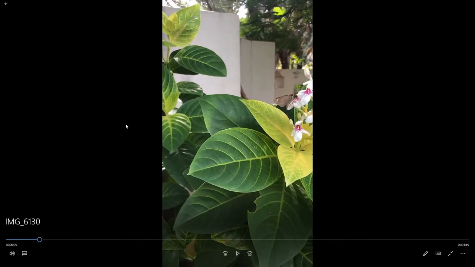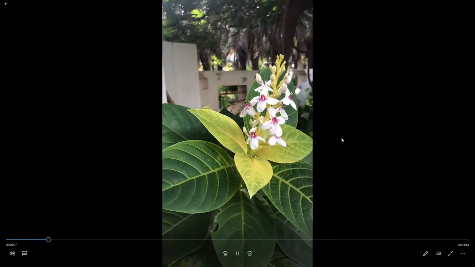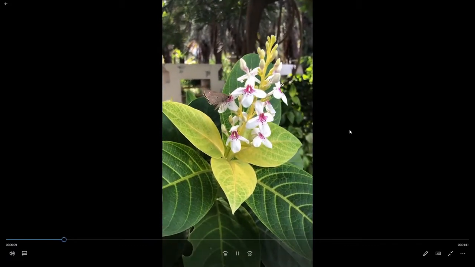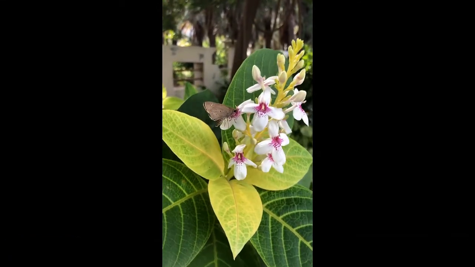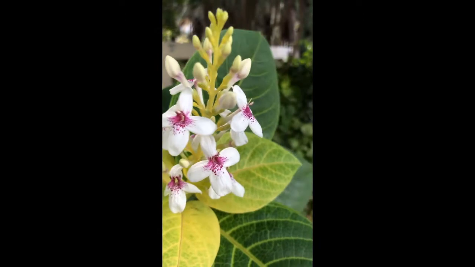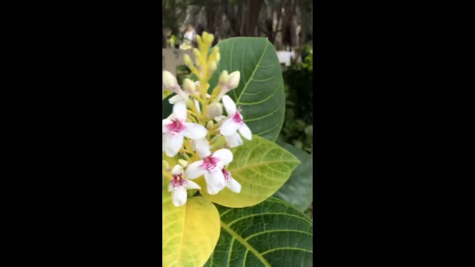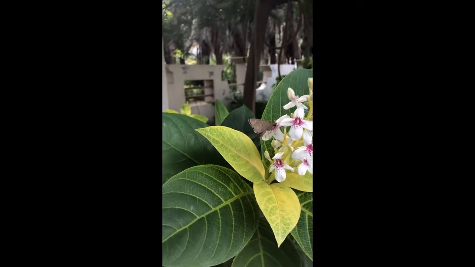So now what happened is that the pollen from the first flower might have got stuck on its legs and body and face, and when it is touching this second flower, the pollen will touch the carpel, which is the female part. The top of the carpel is the stigma, so the pollen will enter the stigma and go inside the flower. Let me show you. See, the butterfly is happily feeding on that flower. So the pollen from the first flower has now touched the second flower. So this is self-pollination. Now this butterfly will hop on to the third flower also. Just watch.